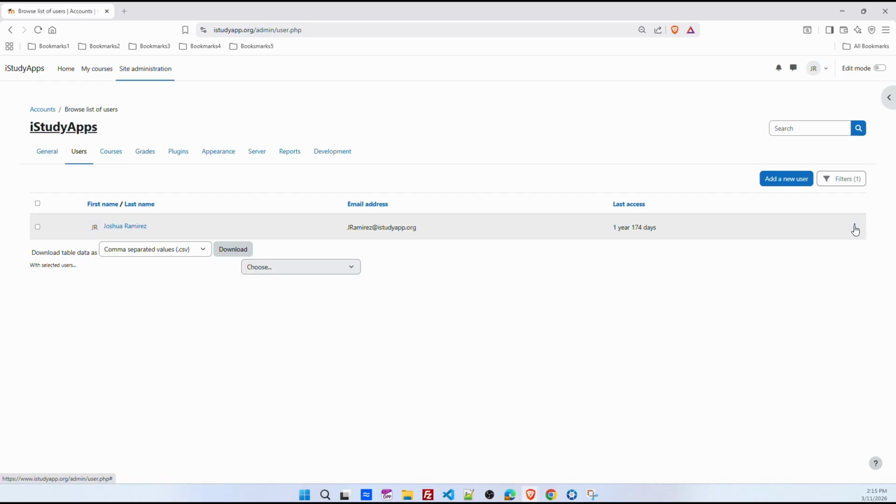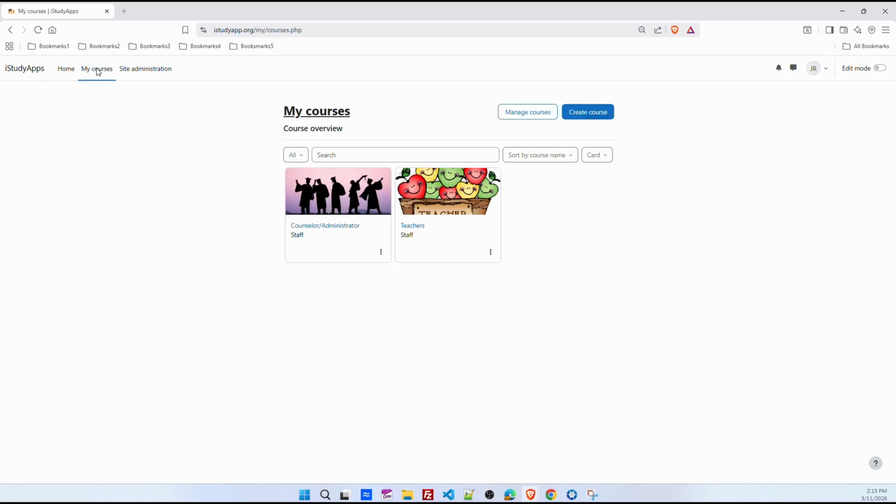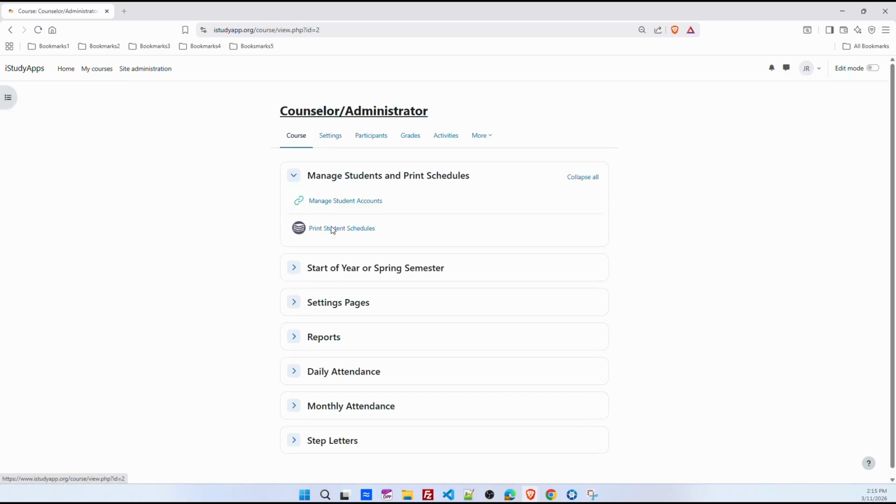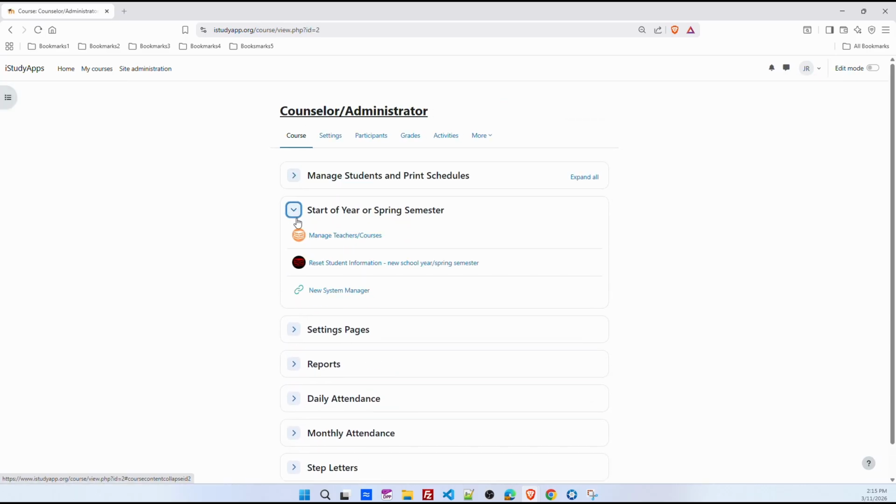You also have the option to delete a student, but again, we don't delete students unless they're seniors that have already graduated, and we only do this during the summer before we start the new school year. The other thing that we want to do is make updates and get ready for the new school year. So first we're going to go into